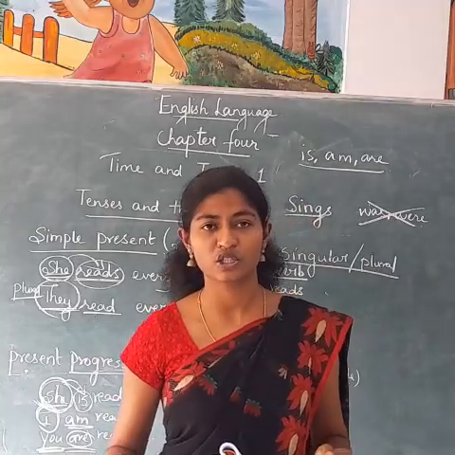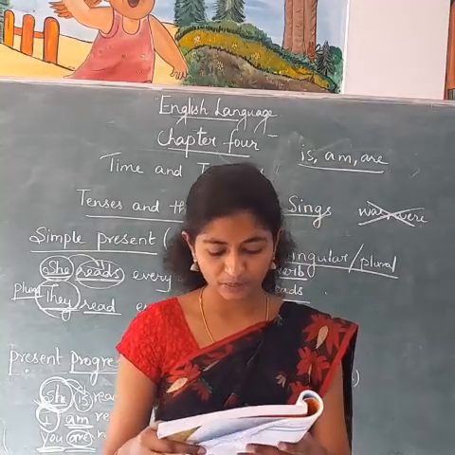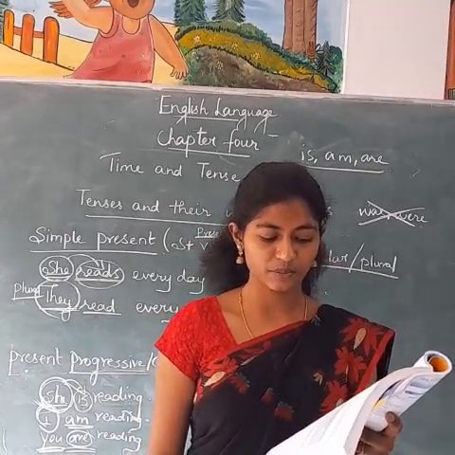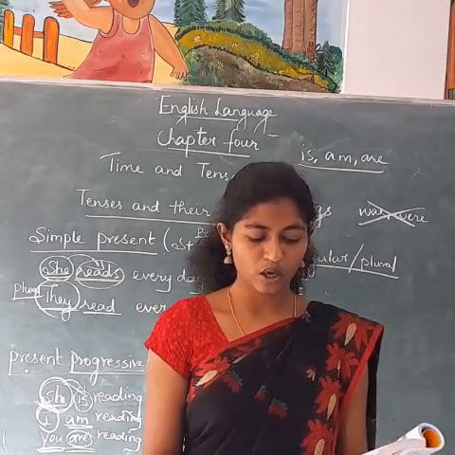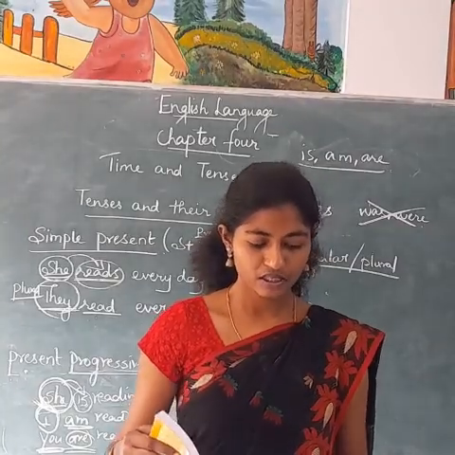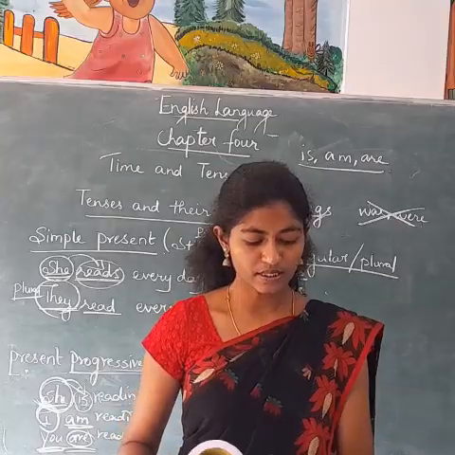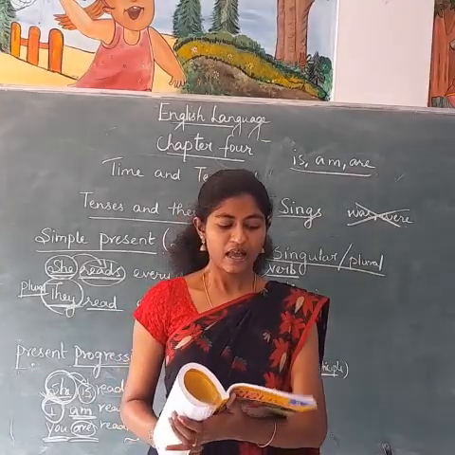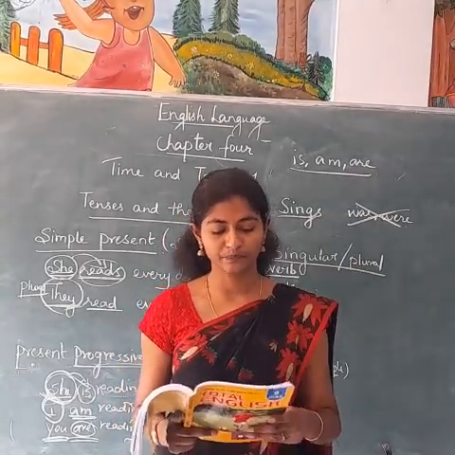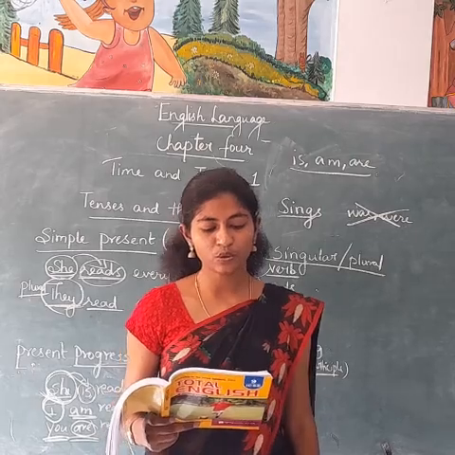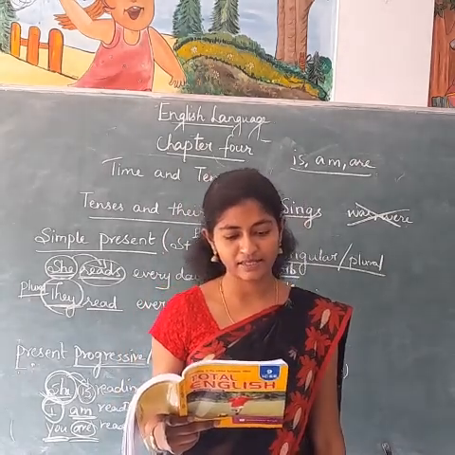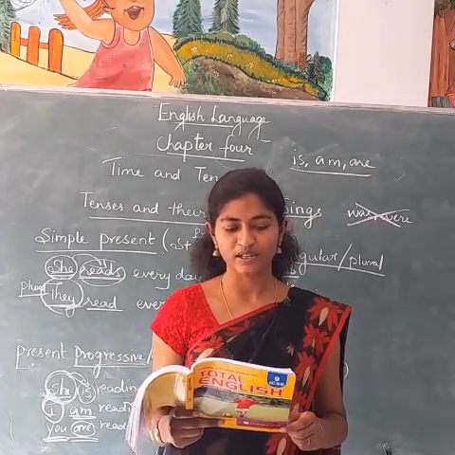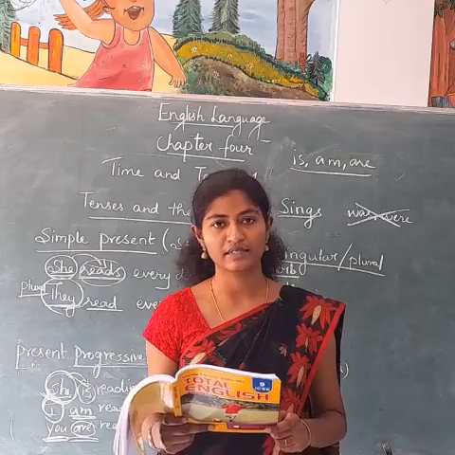And the last but one is verbs of possession. What is the meaning of possession? Possession means ownership. So these verbs express ownership or relationship, like own, belong, possess, or have. Turn to the next page. Note. He has good memory. In this sentence, has denotes possession. See the example given below. I am having breakfast and tea. In this sentence, have is used in progressive tense to express the meaning of eat or take.